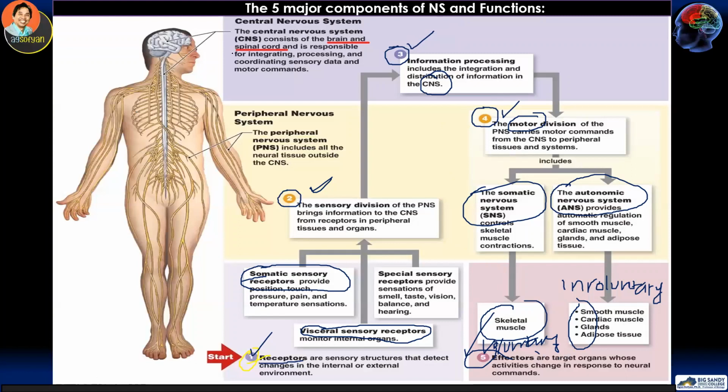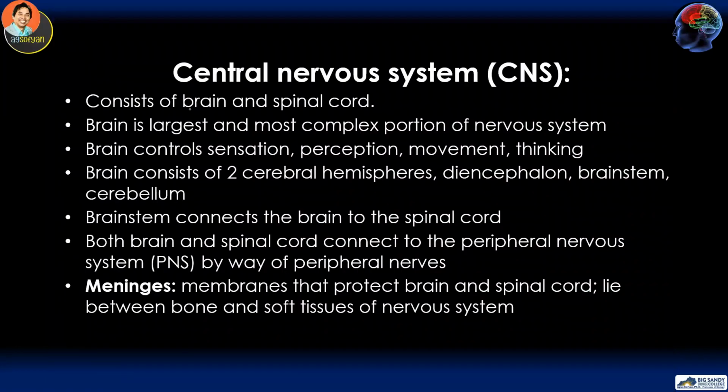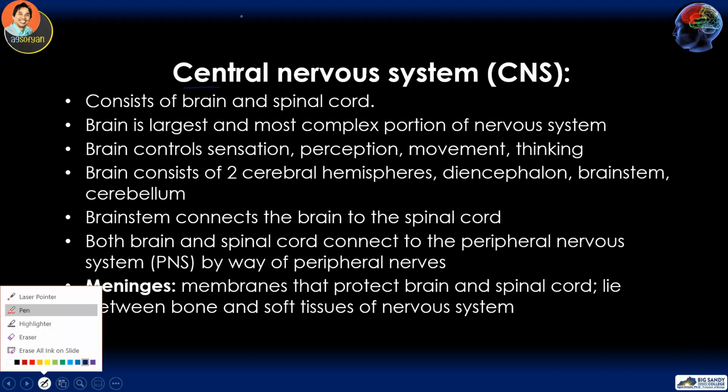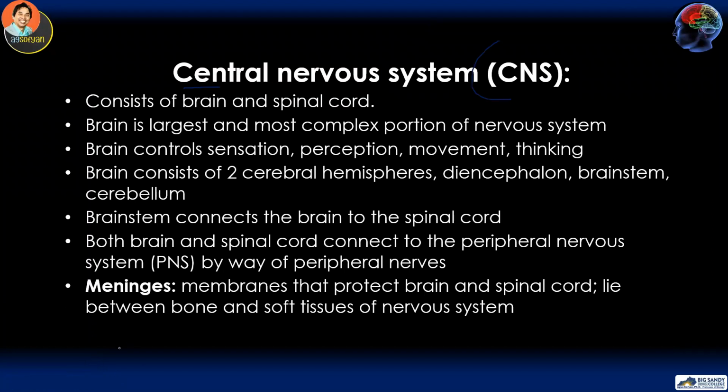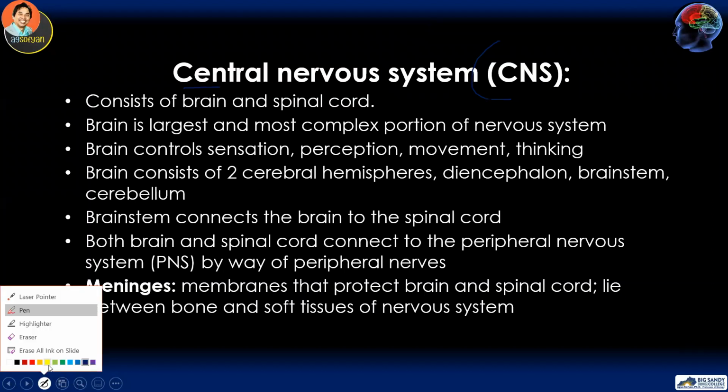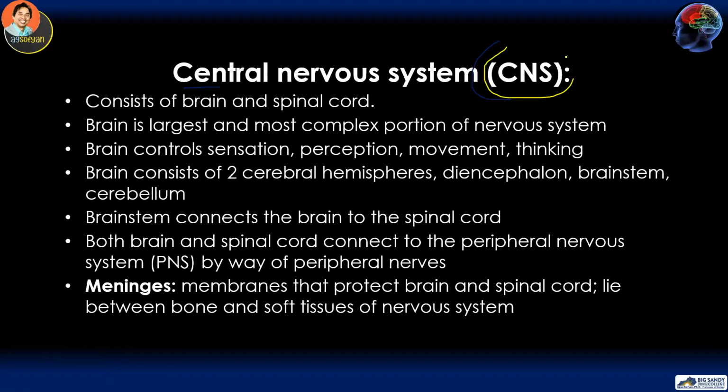Okay, and then the CNS consists of the brain and the spinal cord, and the PNS consists of these nerves, 86 total nerves, on the left side and on the right side of our body. Again, the central nervous system, the CNS, consists of the brain